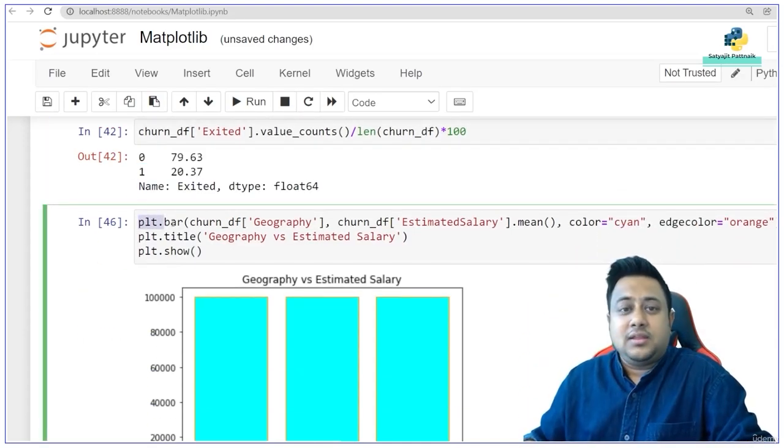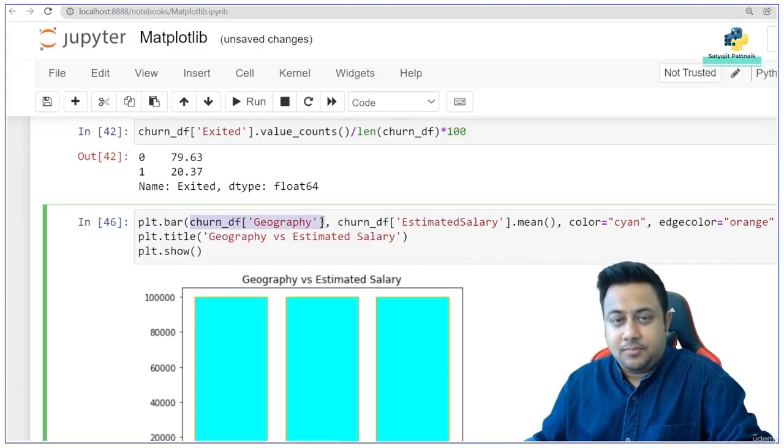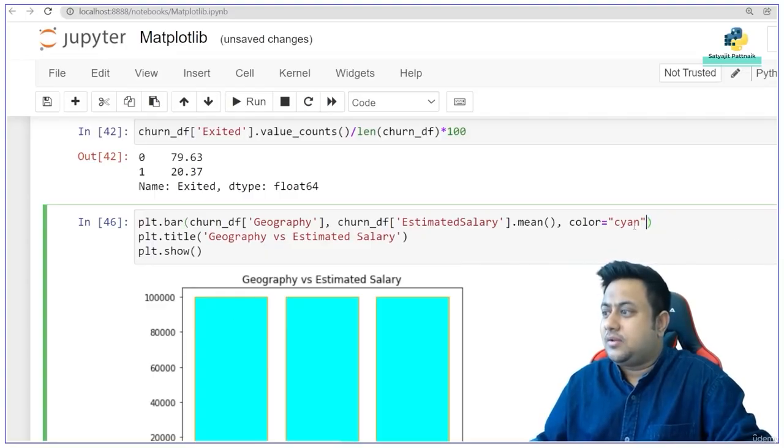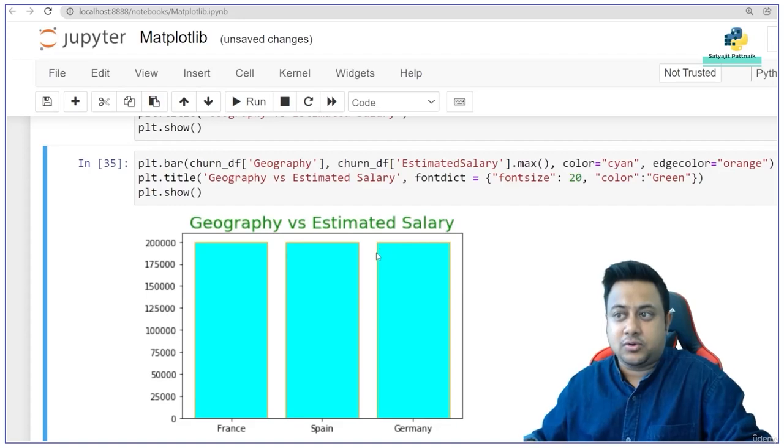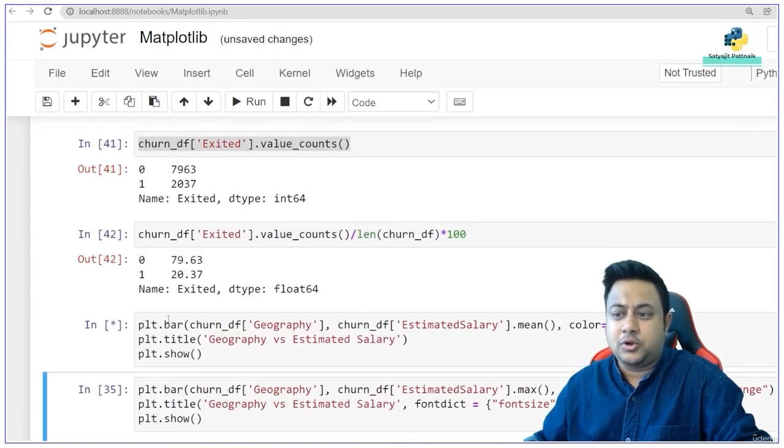Here I'm calling matplotlib.bar to plot the bar chart. I'm calling plt.bar, passing geography and estimated salary.mean. Color equals cyan, that means the bar color. The edge color equals orange, that means the edge color. You can simply remove all these things and try it out. It's very simple to plot